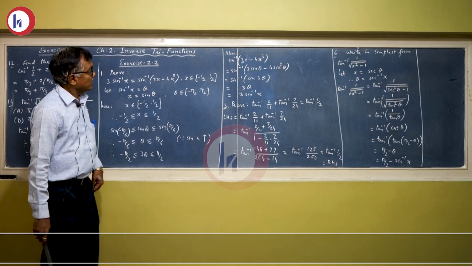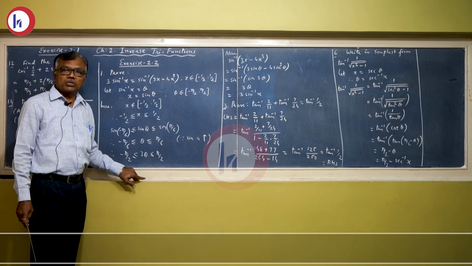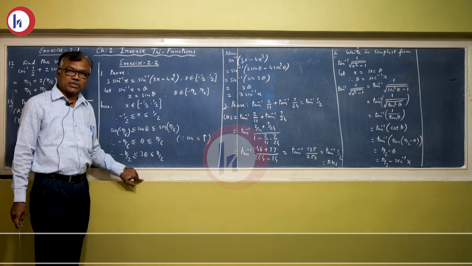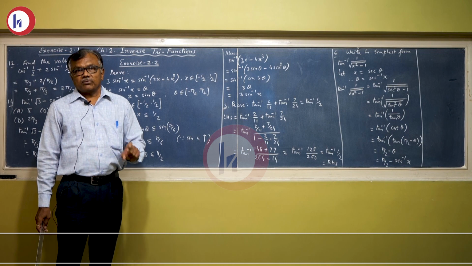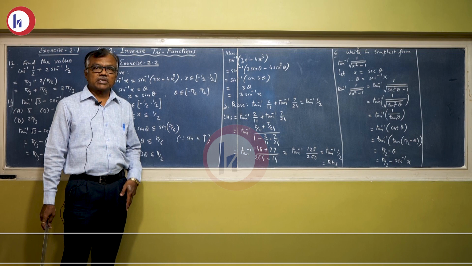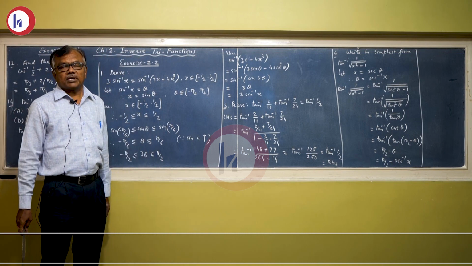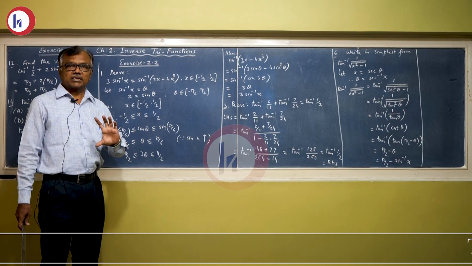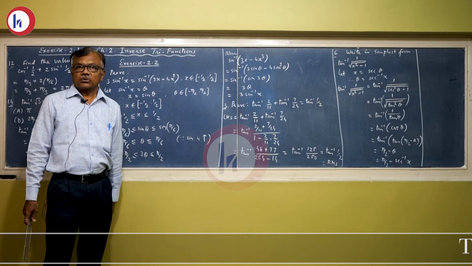Last time we have discussed the inverse trigonometric functions. We have seen the range and the domain of all the inverse trigonometric functions. Also, I gave some formulas: formula for the complementary numbers, formula for the opposite sign numbers, formula for the reciprocal numbers, and some other very important formula. Last, tan inverse x plus tan inverse y equals tan inverse of (x plus y) upon (1 minus xy). All these formulas we discussed last time, and we have solved some examples based on that also.